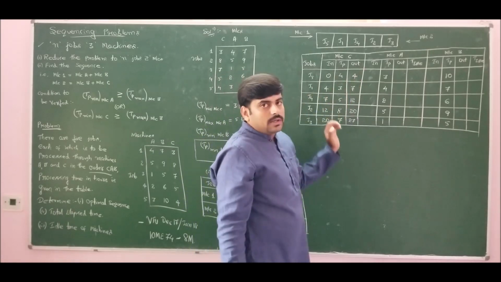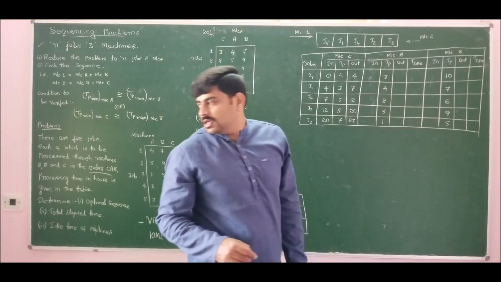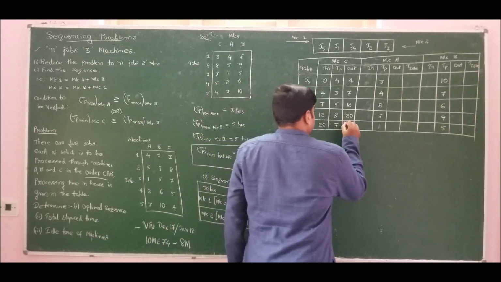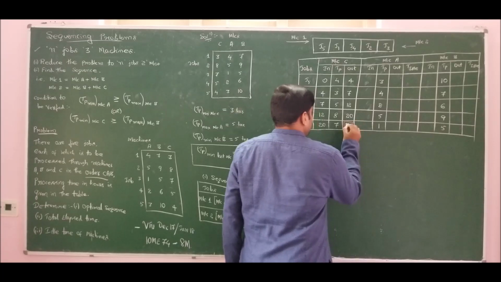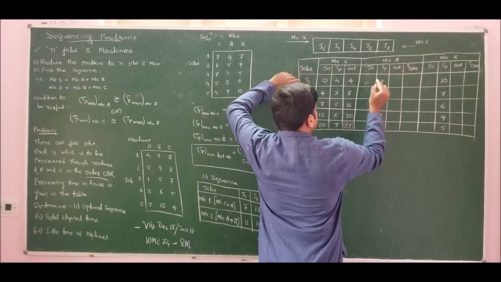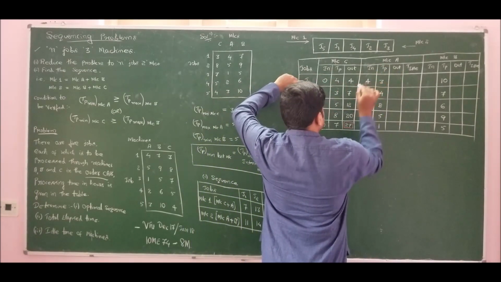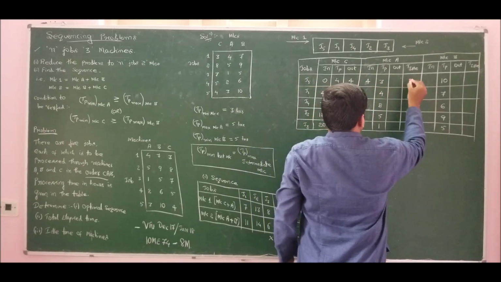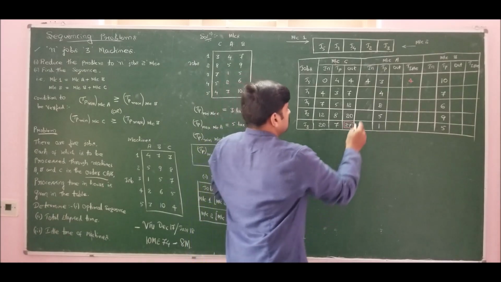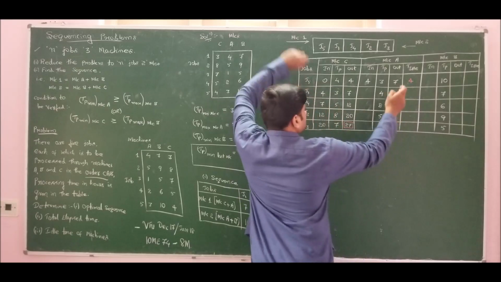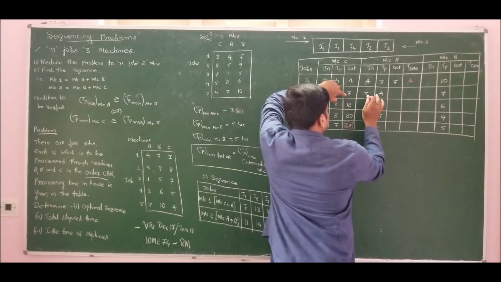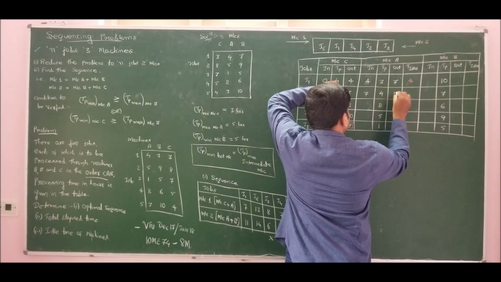Now let us move on to machine A. Let me use different chalk to mark the idle time. So we have found the total processing time on machine C as 27 hours. Now job 5 enters machine A after 4 hours. So therefore idle time for job 5 is 4 hours on machine A. Now 4 plus 3 is 7. So comparing these two, 7 and 7, both are the same. So take 7. 7 plus 4 is 11.